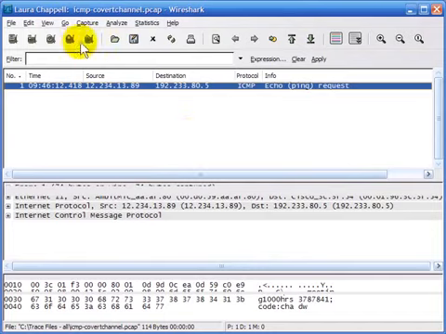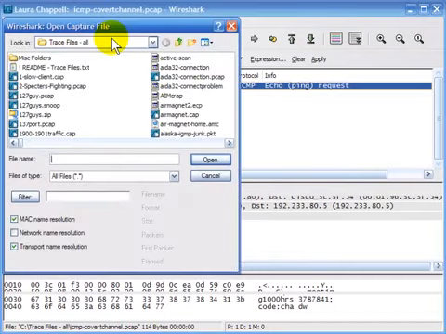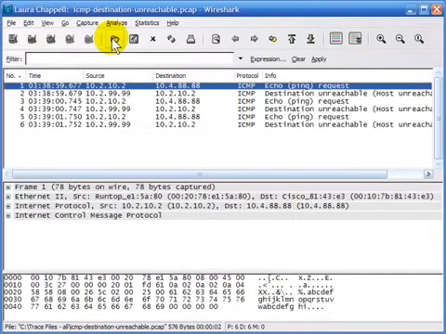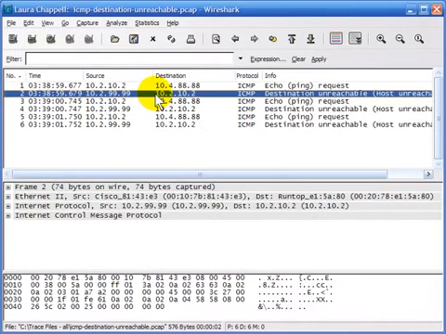The next trace that I'm going to open up is called ICMP-destination unreachable. In this trace file, we have somebody sending out an ICMP ping request, and what we've gotten back is a message saying, I'm sorry, that host you're trying to get to is unreachable. So it's not that the network on the other side is unreachable, but the host is unreachable, which means that